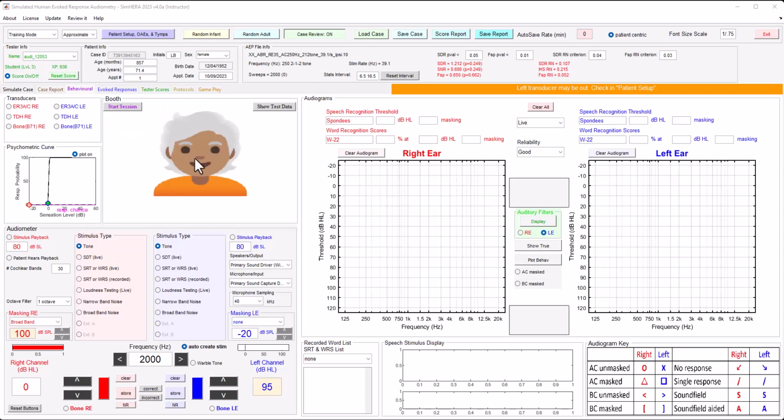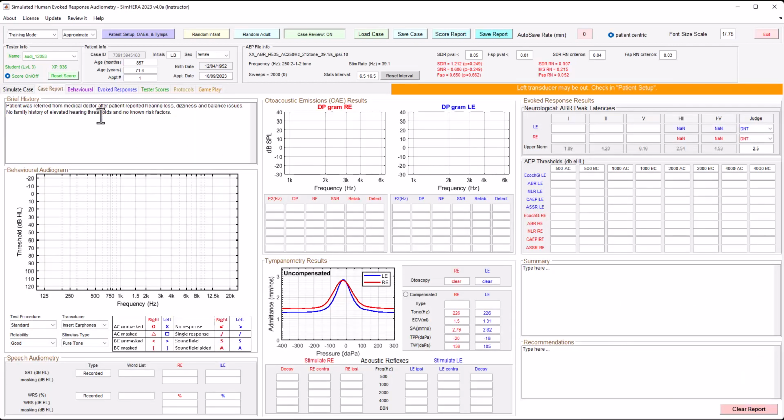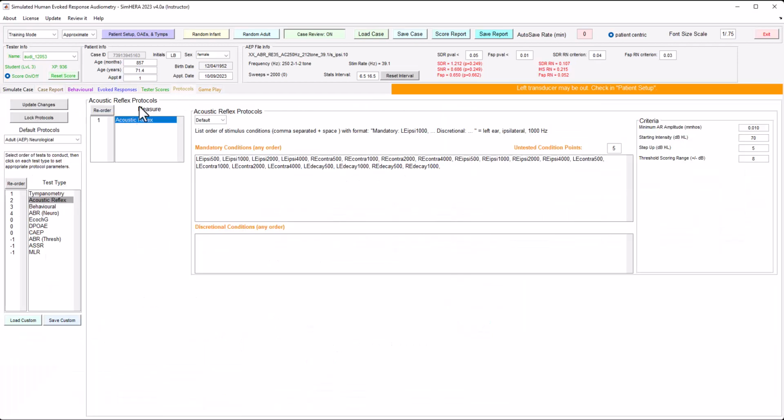By default, it will create a protocol that is associated with the case's profile or case history. In this situation, we have a case history that the patient reported hearing loss, dizziness, and balance. And so that usually indicates that we should be doing some type of neurological assessment, typically with ABR neurological evaluations. So if we click over here to the protocols, it automatically put the default protocol as adult auditory evoked potential neurological assessment. But there are a whole bunch of standard protocols, neurological, medical, legal, for the different default ones based